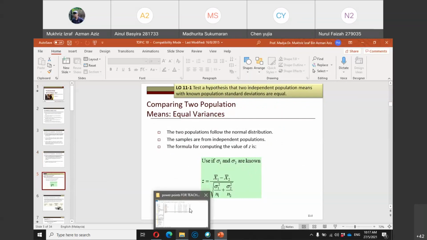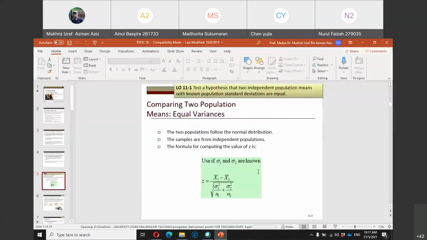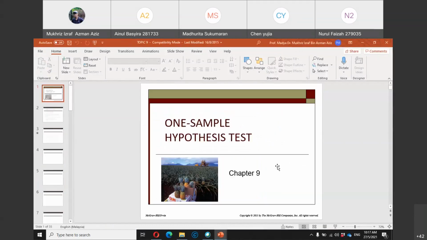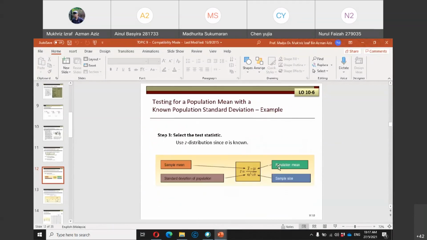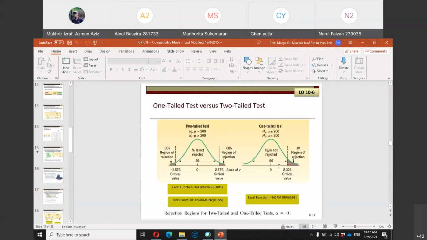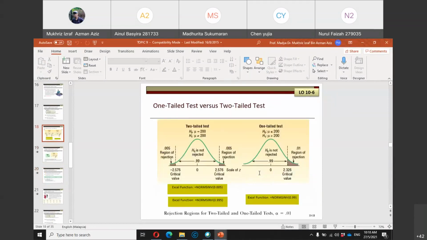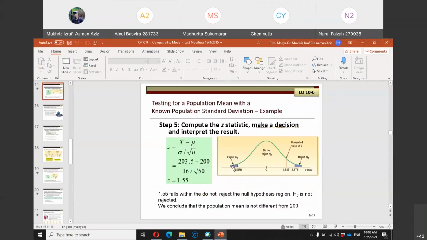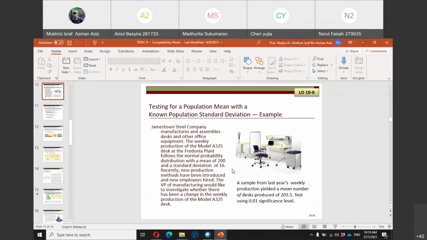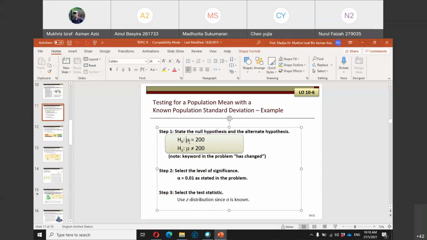Let me open the one sample test so that you can see the difference in the formula for the calculation. Either you are using Z or T, the formula will be X bar, the mean of the sample, minus the population mean, divided by the standard error. And if you recall, your null and your alternate hypothesis is only in terms of mu equals something,